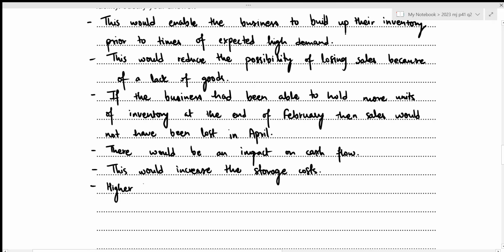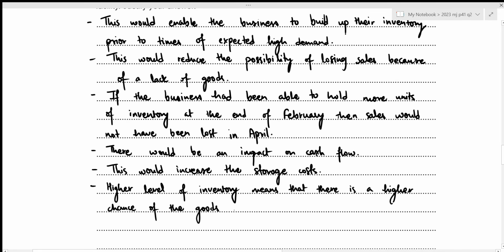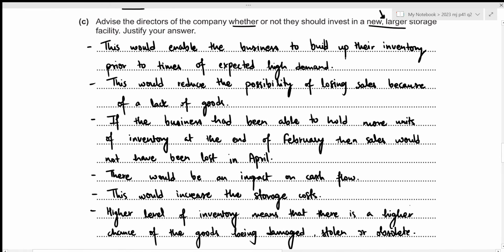Higher level of inventory means that there is a higher chance of the goods being damaged, stolen, or obsolete. All right, so we have written down 6 considerations, and based on these, we need to advise the